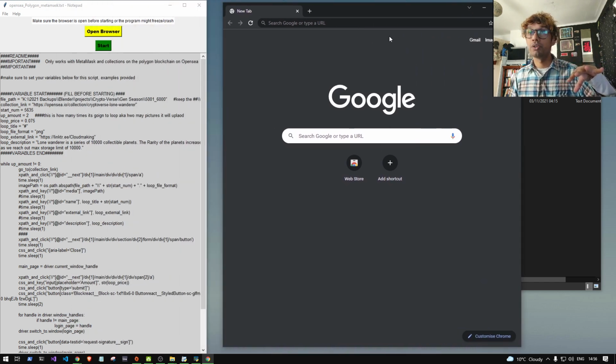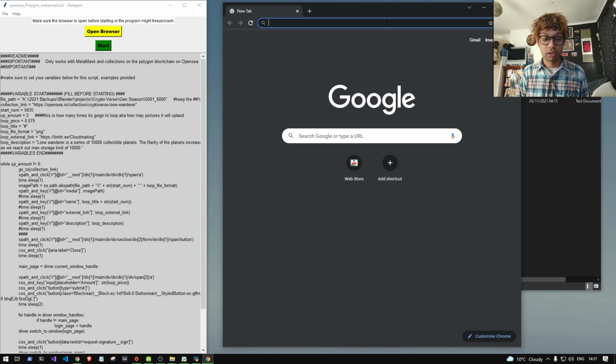So basically, once you have everything set up, you're gonna change all of these variables to what you want. In this case, I'm gonna quickly show you guys how to upload a bulk of NFTs onto OpenSea on the Polygon blockchain using the MetaMask wallet. So the fastest way of doing that would be to first download MetaMask